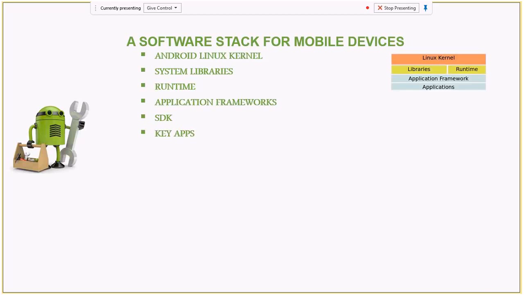So we know Android uses the Linux kernel. What did Android do specifically to Linux to call it the Android Linux kernel? We'll see. Then there are system libraries, the runtime, and application frameworks. Those are the APIs which you get from Android. Then there is the SDK, which are the tools that compile and compose your final APK. There are also the apps given by Google. They are not so native; you can anyways replace them with something from Play Store or something of your own wish.